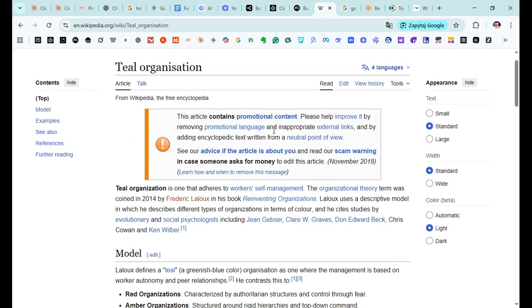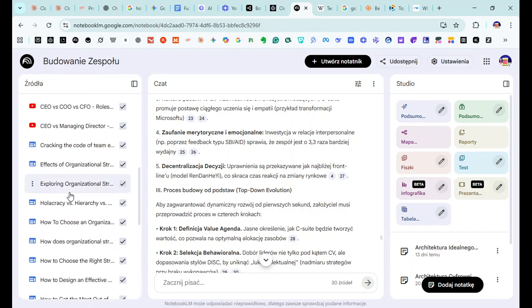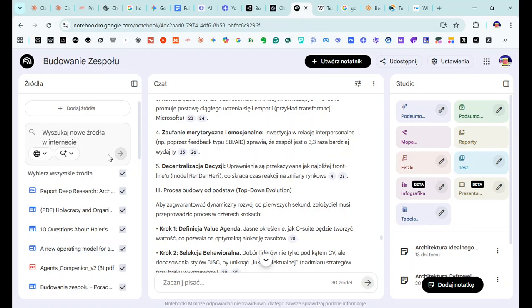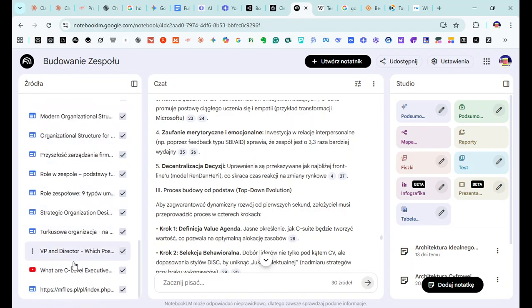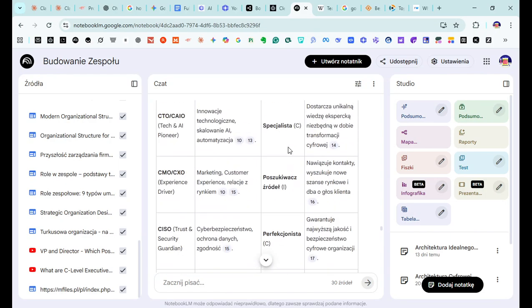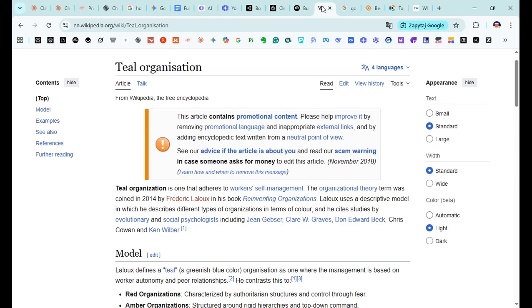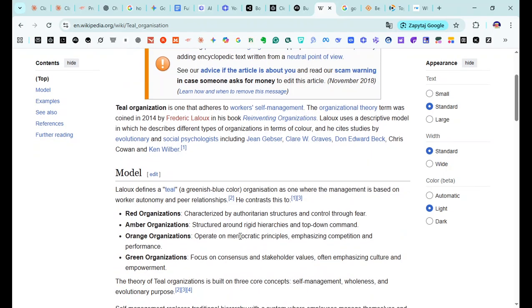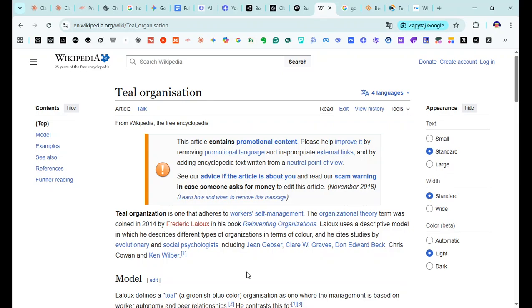The teal organization. While I was researching how to build a team, in the end, I found there are quite new ways to approach organization and how decisions are being made.